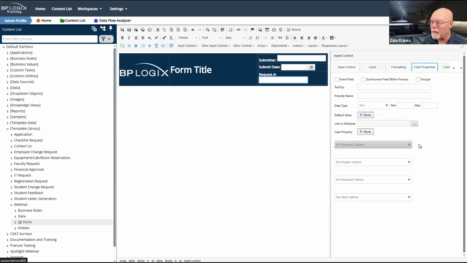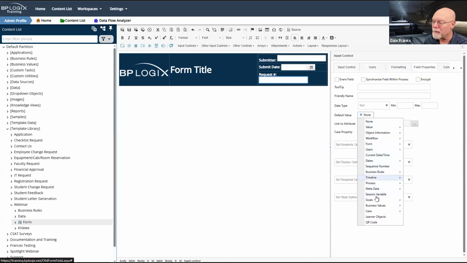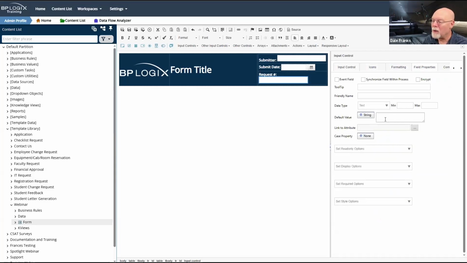Not going to set a default value for this. Actually, I am going to set a default value for this. And we'll go to string, and we will give it the default value generated on submission.